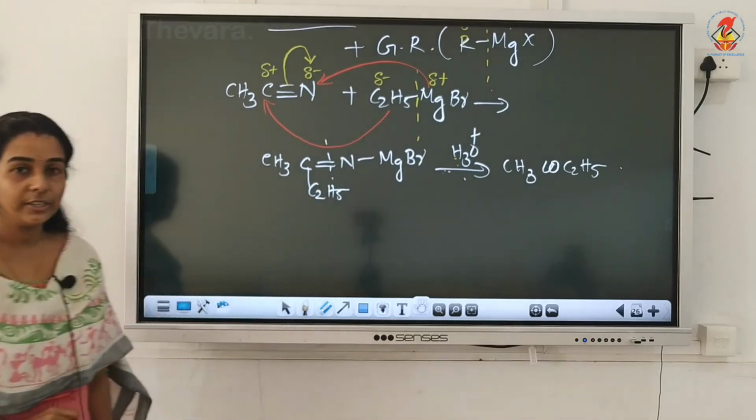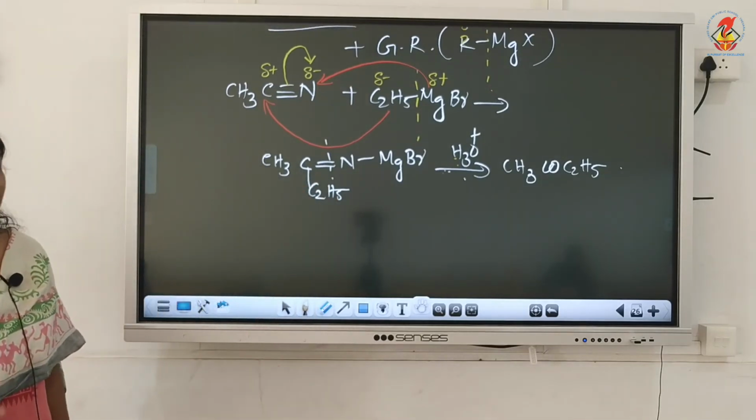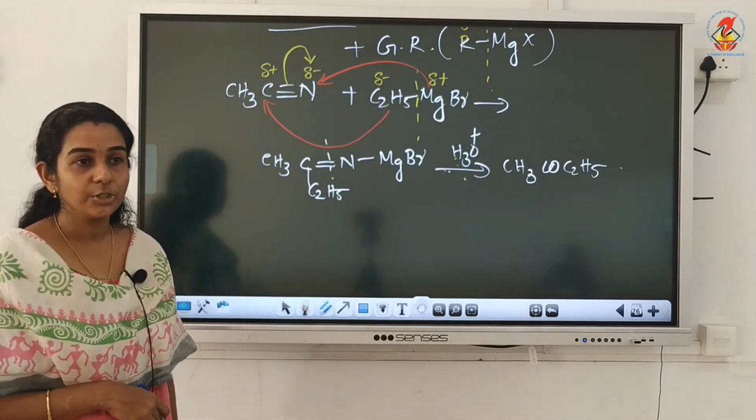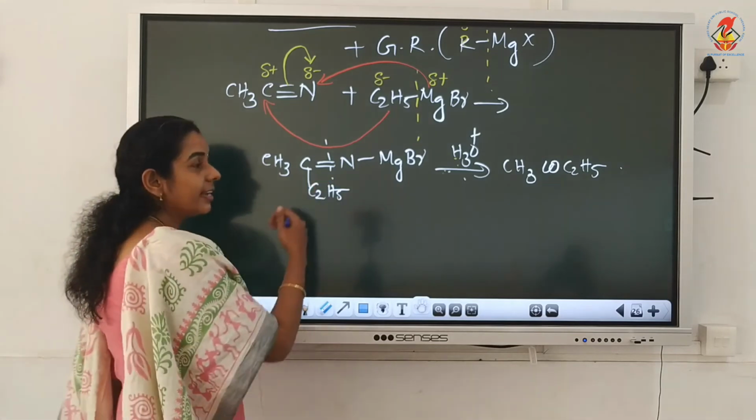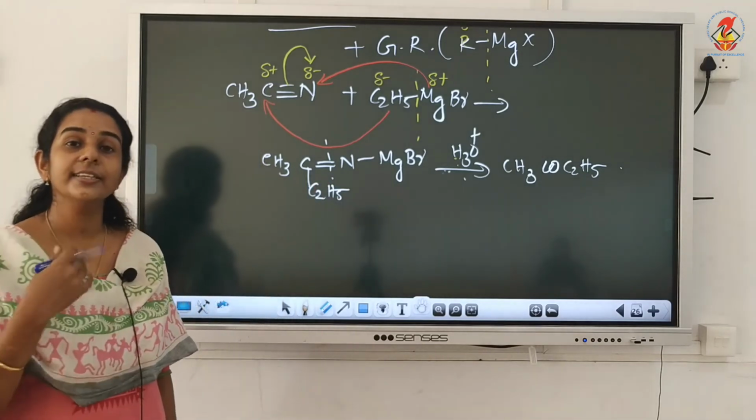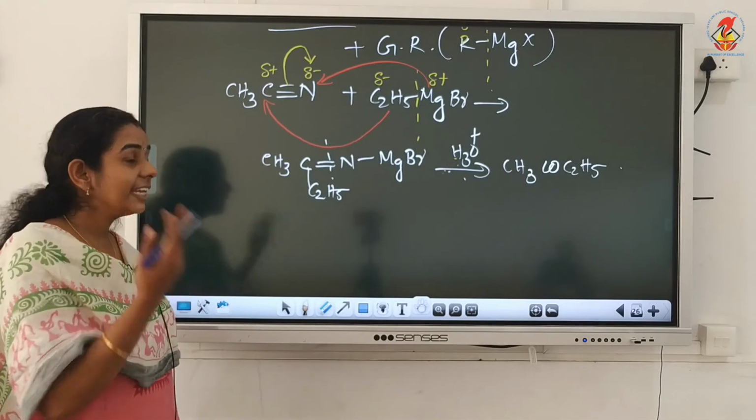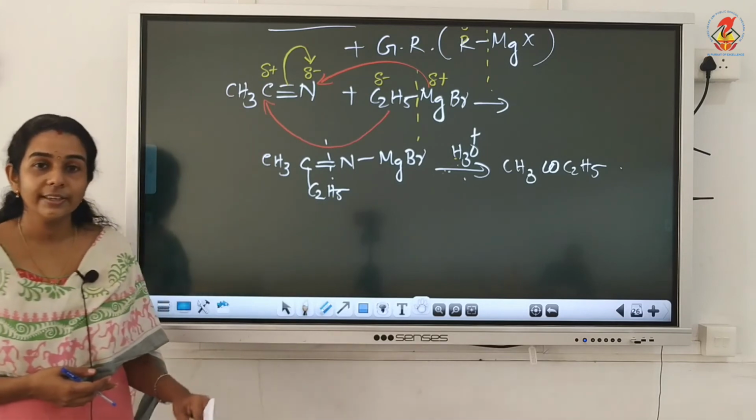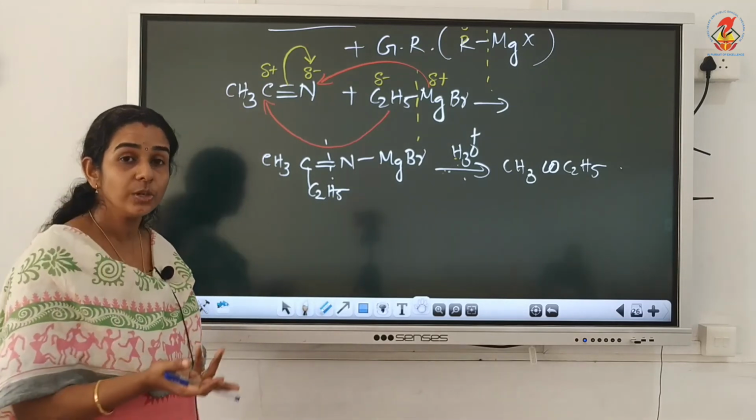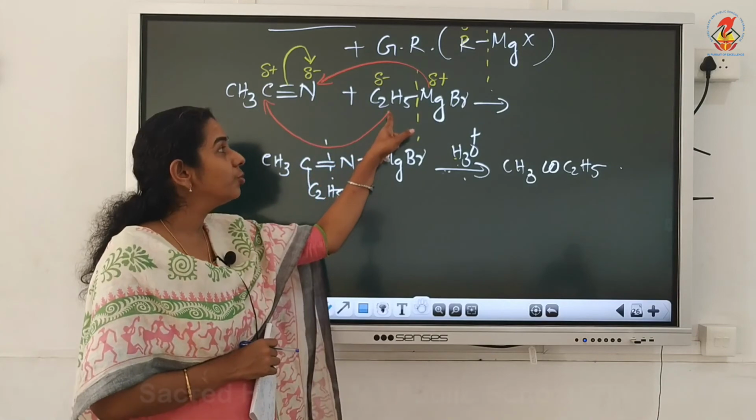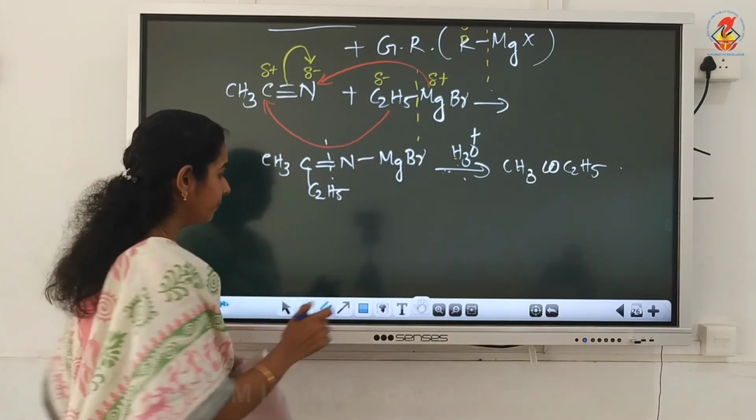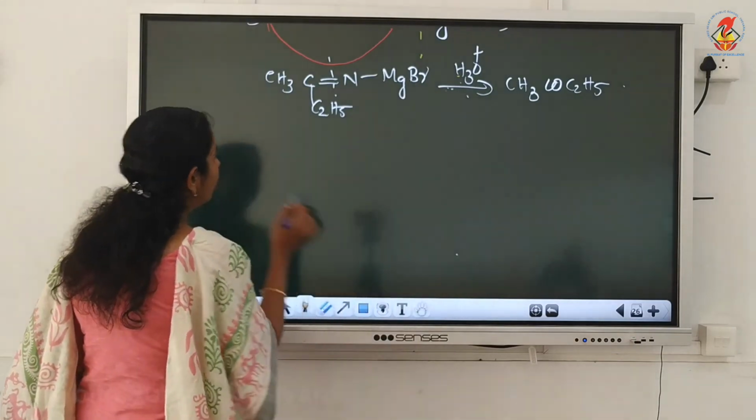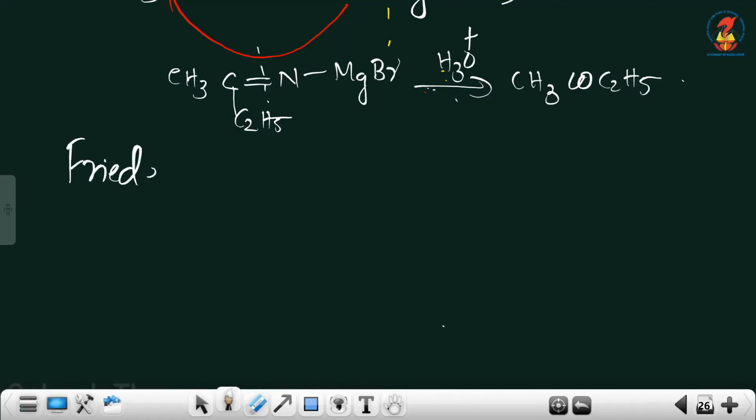So this is the reaction by which we can convert cyanides to ketones by reaction with Grignard reagent. This method can be considered an ascending series, meaning any ketone with any higher number of carbon atoms can be prepared by using Grignard reagent. If you want to increase two carbons, take the alkyl group with two carbons here. Okay. Now the last method for the preparation of ketone is by Friedel-Crafts